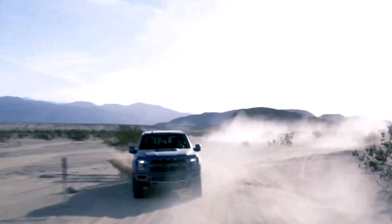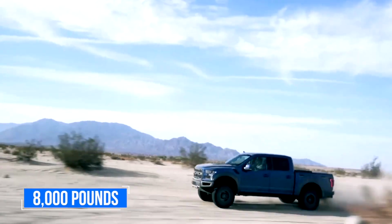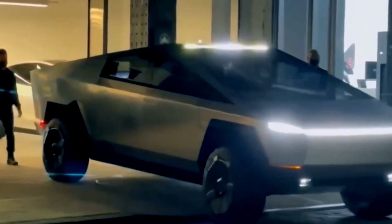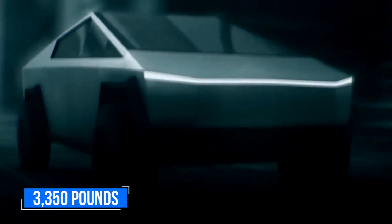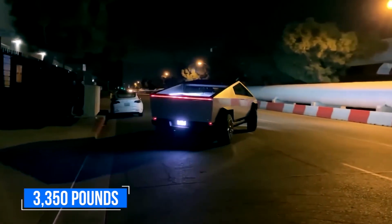The Raptor has a carrying capacity of up to 1,200 pounds in its bed and 8,000 pounds out back. The Cybertruck dual motor, according to Tesla, has a towing capability of about 10,000 pounds and a cargo capacity of 3,350 pounds. In addition, Tesla asserts that the Cybertruck tri-motor can pull 14,000 pounds and transport 3,350 pounds in its